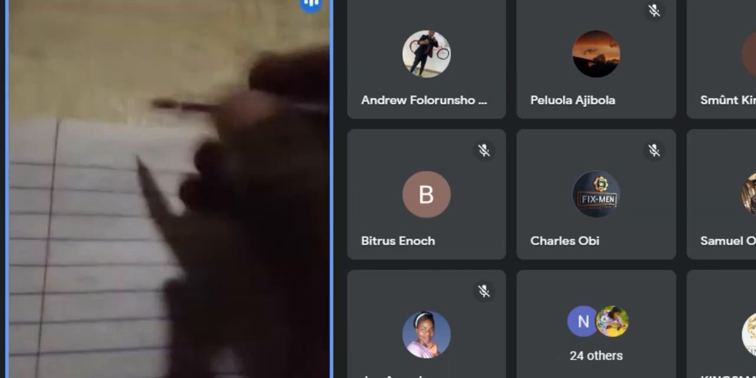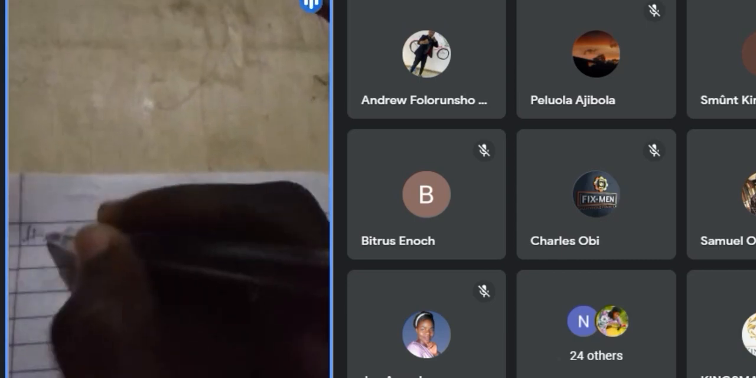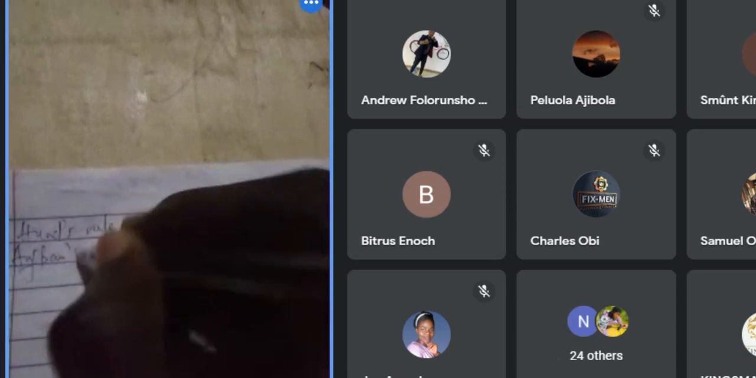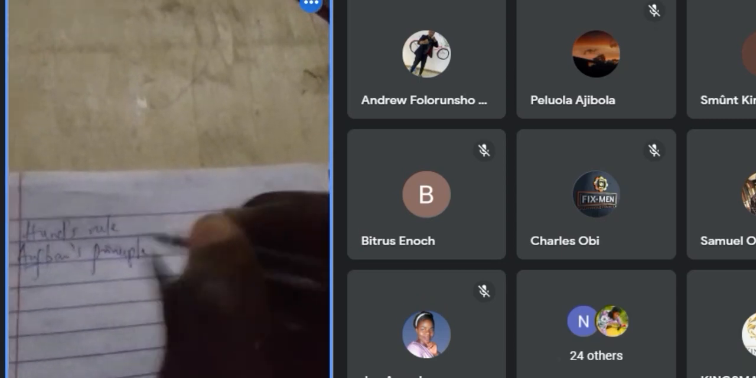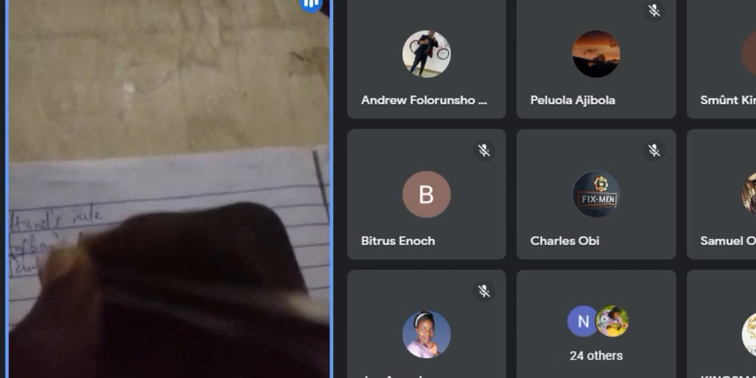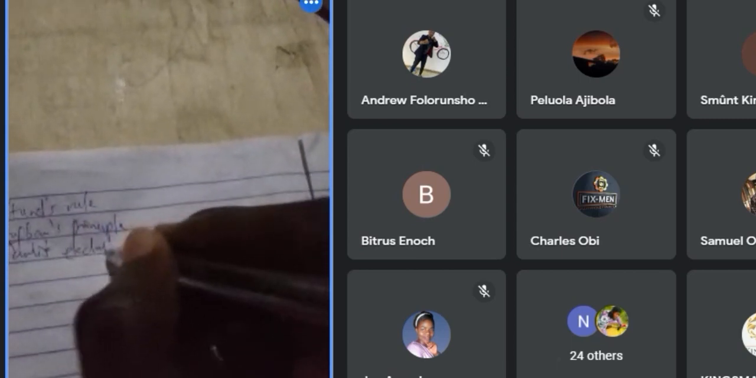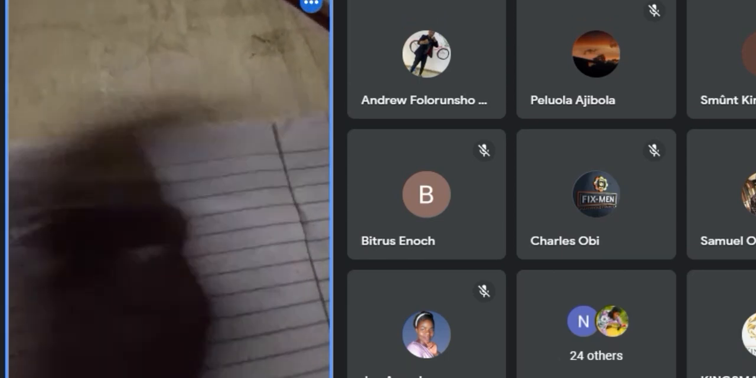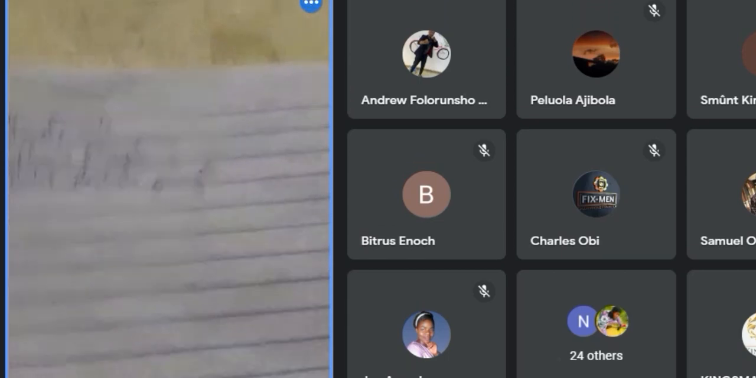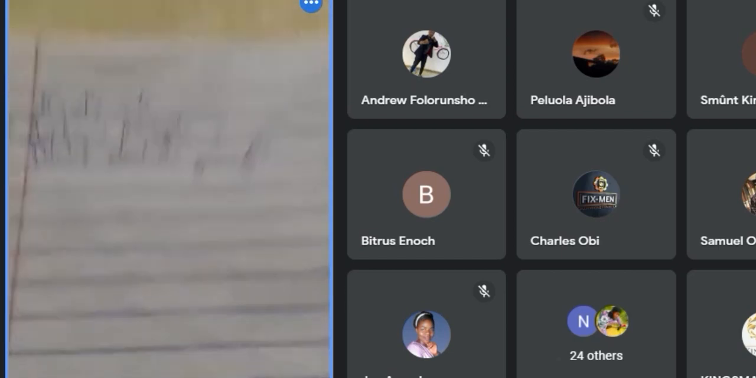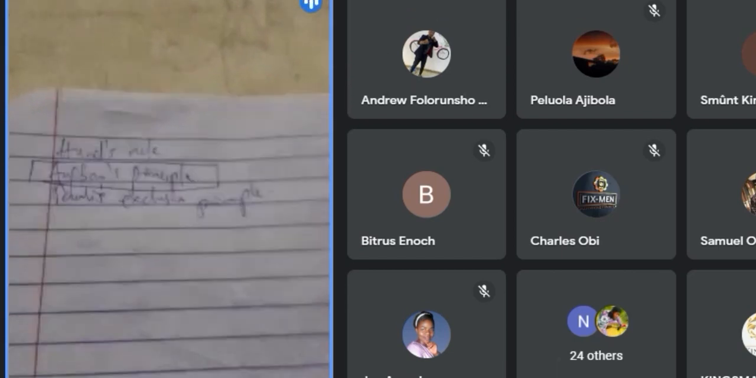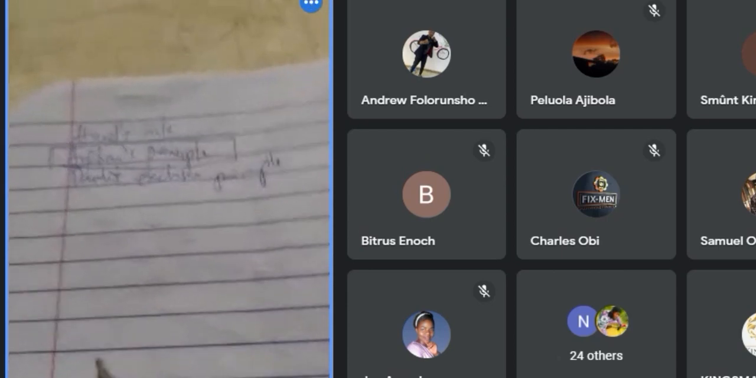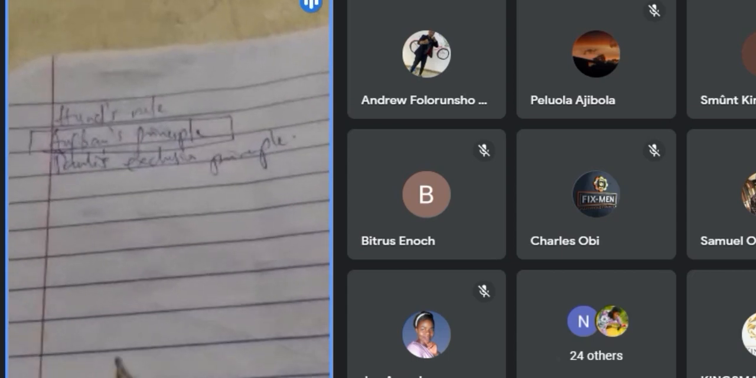So the thing we have today is just Hund's rule, Aufbau principle, and Pauli's exclusion principle. I think the most important rules for now are the Aufbau principle and Hund's rule. So the Aufbau principle states that in the formation of an atom,